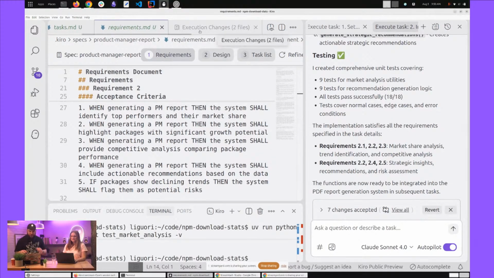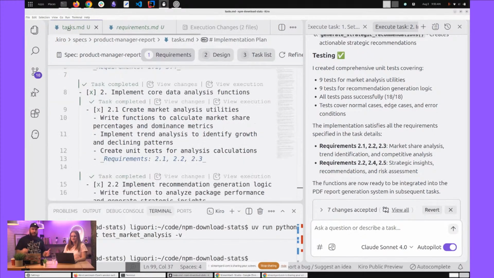Actually, it pulled those things because for me it looked like a requirement within the task thing. But yeah, the requirements were in the requirements doc. That makes sense now. It's hallucinating, there's no 2.12. There is. If you go to requirements.md, you will see requirement 2, and then sub-bullet 1, 2, 3, 4, 5. We thought it was hallucinating because we were looking at the actual task list, and I thought it was requirements in the task list, which made no sense. So here it's talking about requirements in the requirements.md. Yes. Okay. Well, there you go.